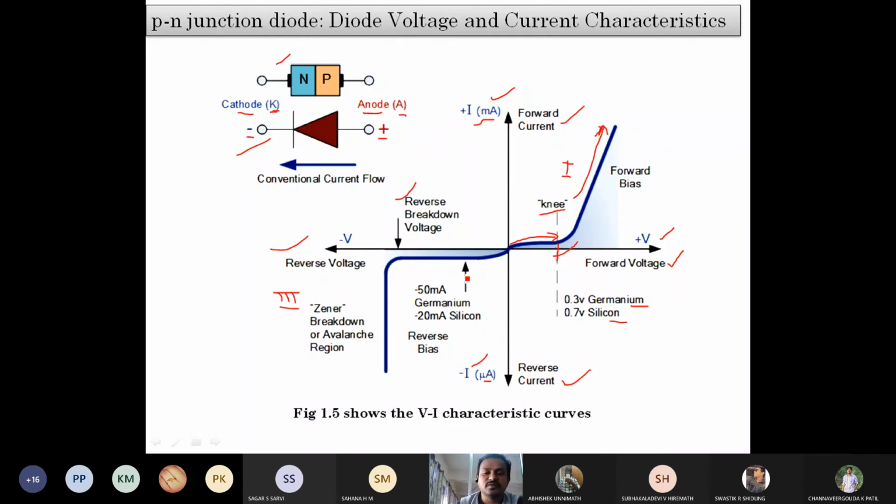So similarly, what is going to happen with the reverse bias? There is a slow decrease in the current in the reverse bias until it reaches reverse breakdown voltage. After reaching that, there is a sudden decrease in the current, which is what we observe in the reverse bias condition. Sometimes if you go beyond this negative voltage or reverse breakdown voltage, it is possible to damage the component.